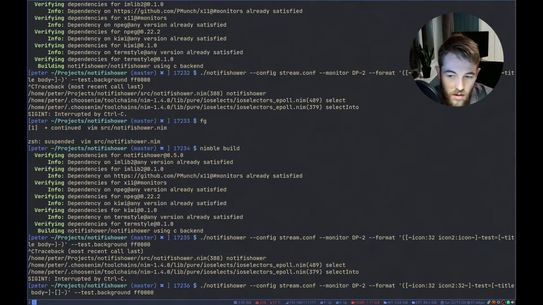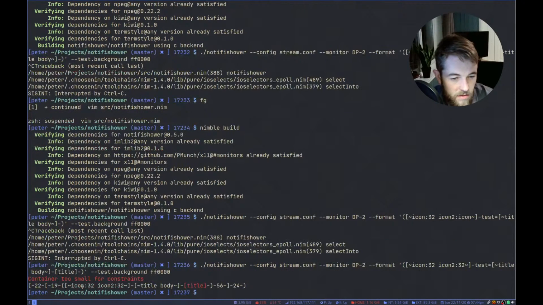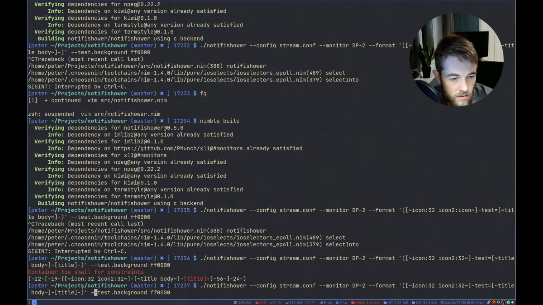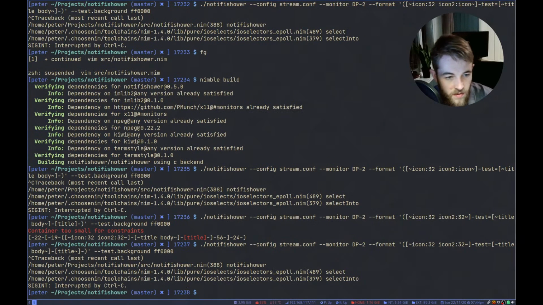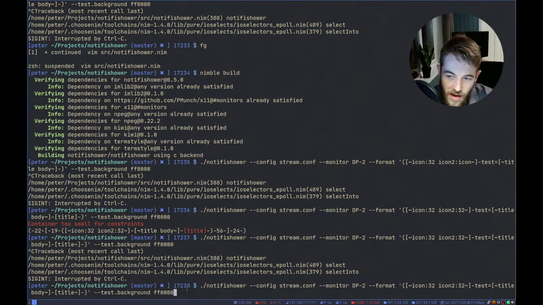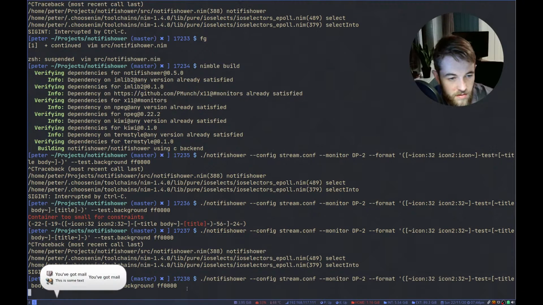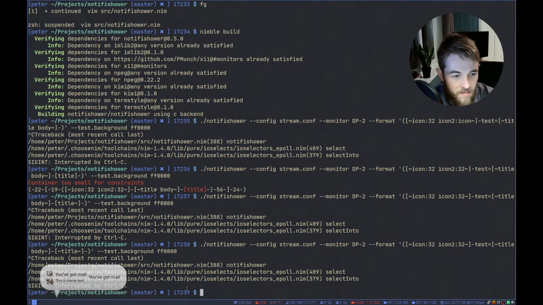Oops, they're too small. There, so now we have two stacks here. You've got mail, you've got mail. They just have the same content. One has a bit of padding and stuff. The other one doesn't. Or it has padding, but now it's center aligned.